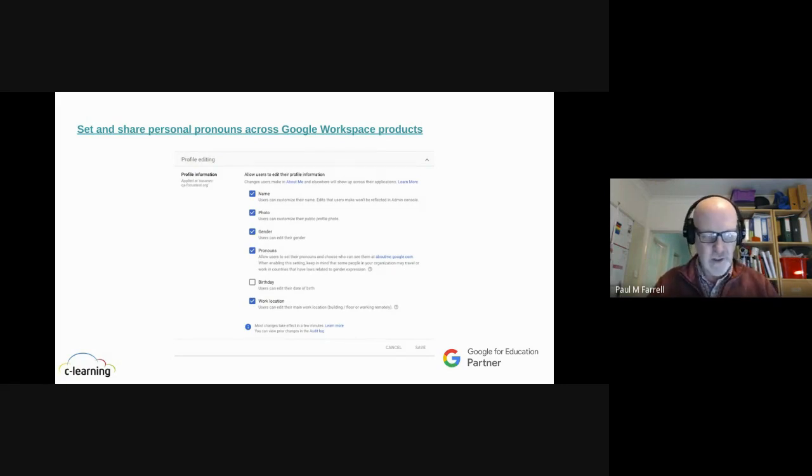So if that's something that you're keen to allow people that freedom to do, then make sure that when it does arrive in your directory settings, you've got to tick it to allow them to do that, in the same way they have with the other ones. So think carefully about